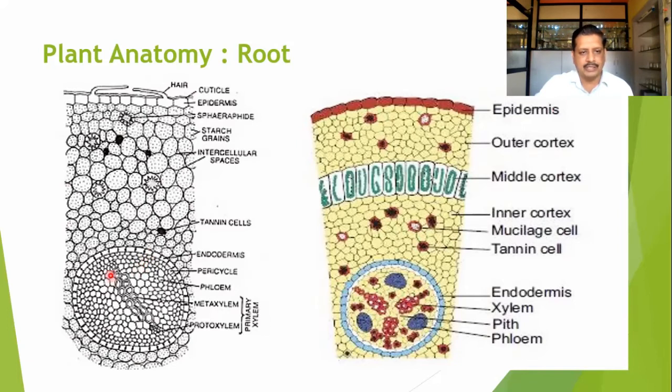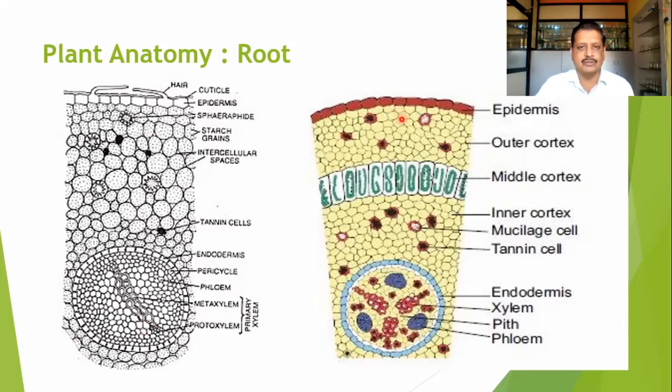Here you can observe the diarch condition at the younger stage, whereas the tetrarch condition in the older stems. Central sclerenchymatous cells, which are known as the metaxylem cells, are water conducting, and the younger elements we can call the protoxylem elements. So these are the vascular elements present inside the endodermis.